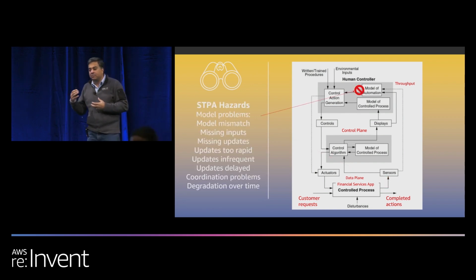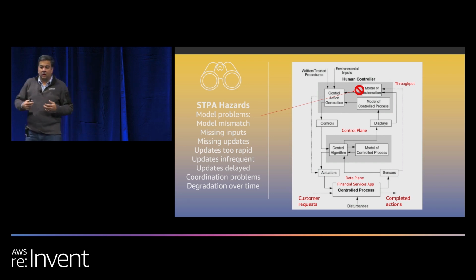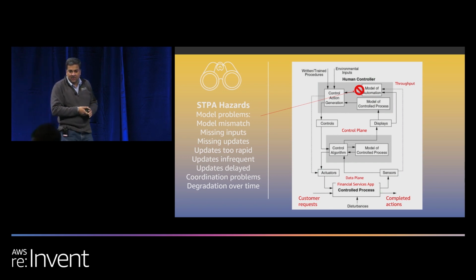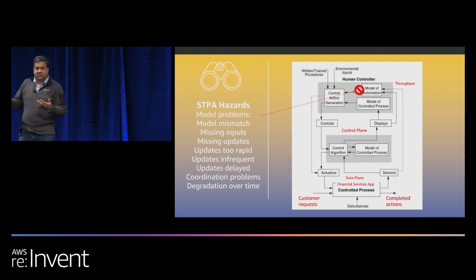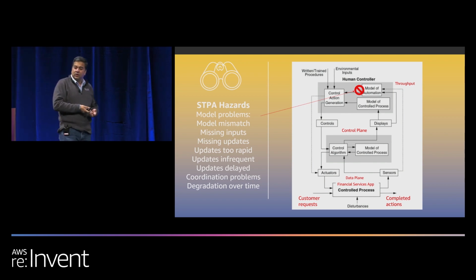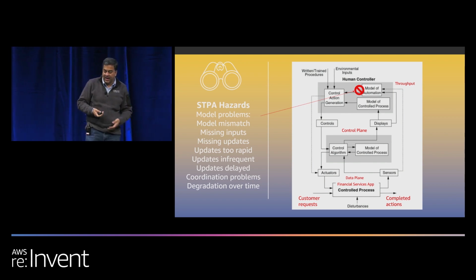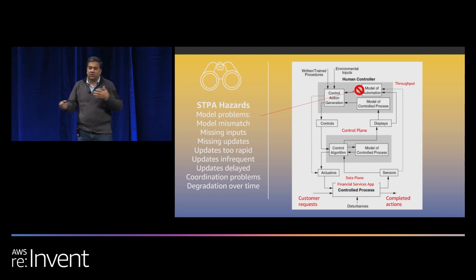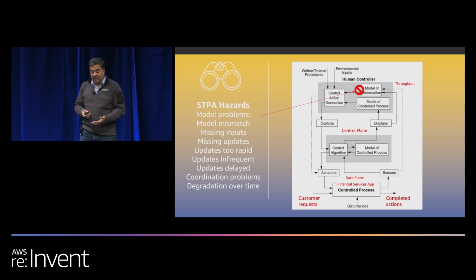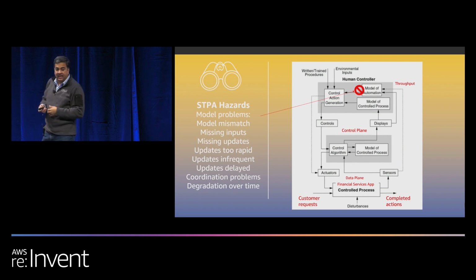There may be some model issues. The perception that you have from how this application should run versus how the application is actually running. In the same example of the Boeing plane, the pilots were not trained on the new system, so they did not know how to react to the things changing, right? So they had a different perception of how to fix this problem coming in. So again, that's another area that you want to look at.